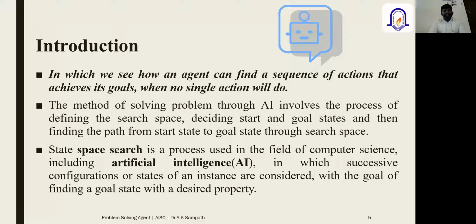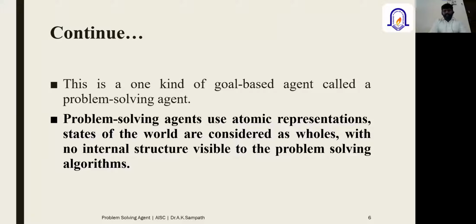When you talk about the space search, in order to find a solution to any problem, within a single step you will not be able to find a solution. There could be a sequence of multiple steps you need to pass through to reach your goal. The sequence of intermediate steps you process is called the space search in artificial intelligence, right?